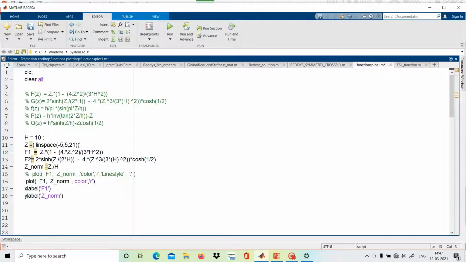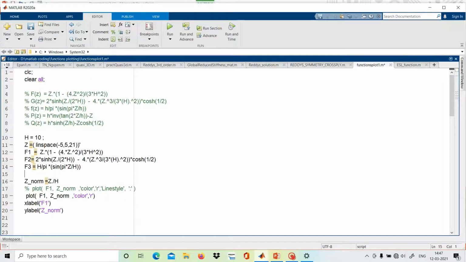And let's see this with f3. We will take the third function as this. So we can give it capital H. We are taking it everywhere, so we can also take capital H here.